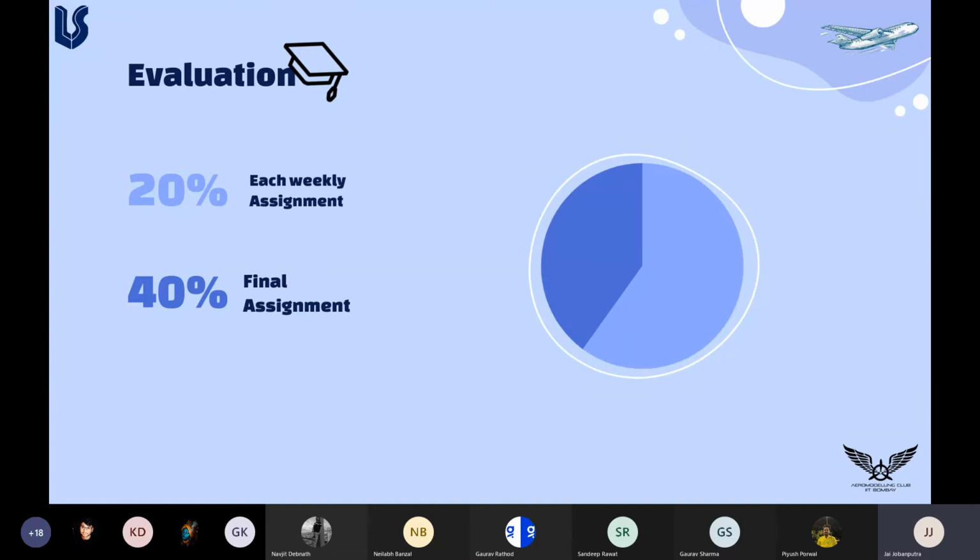So what's the evaluation? We have 3 weeks, and the fourth week is appointed just for assignment. Each of the 3 weeks will have one short assignment, and that will be pretty simple. If you follow the resources and webinars carefully, you will be able to do it easily, and it would be fun also. It's mostly checking it using Except, something interesting, something new. Each weekly assignment will account for 20%, so that totals 60%. And the final assignment is 40% of the assessment.